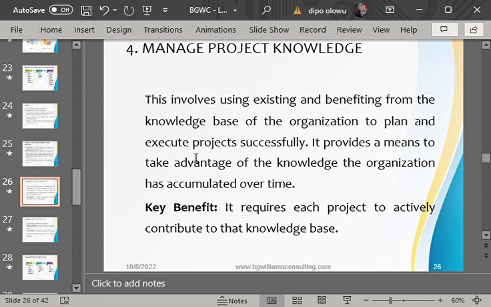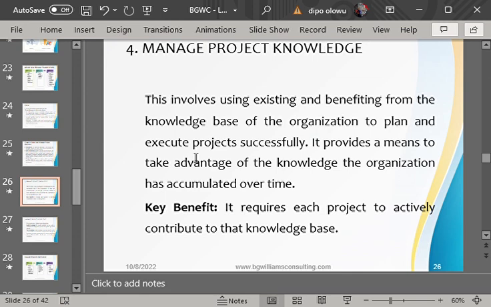When we say project knowledge, as the word sounds, it is knowledge that has been stored in the past, or gotten from a current project that you are working on. So it is the project manager's responsibility to manage project knowledge.